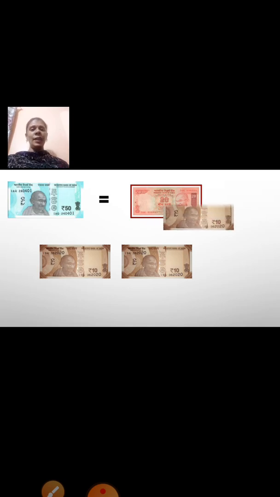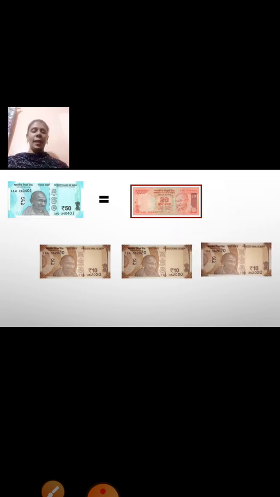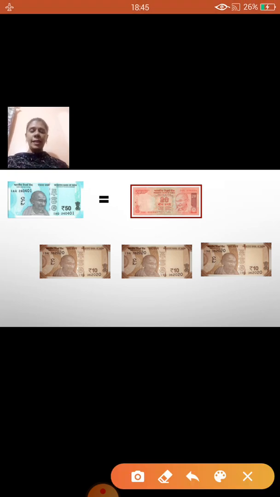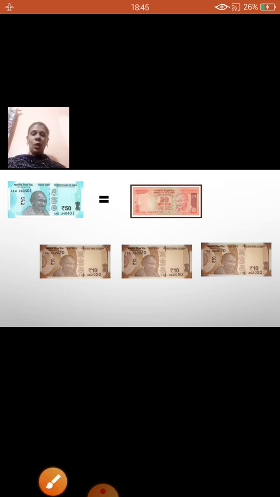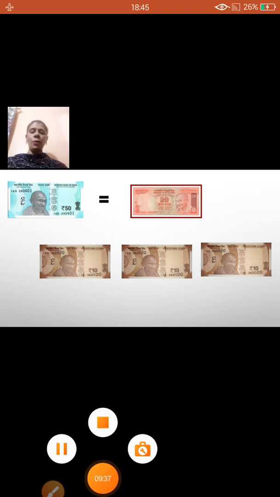Now children, what are you going to use? Tell me which amount. Okay, one 20 rupee. Then one 10 rupee. Okay. One more 10 rupee. And one more 10 rupee. Now let us count and see whether it is coming to 50. 20, 30 and 30 plus 10, 40 and 40 plus 10, 50. Yes. So one 20 rupee note and three 10 rupee notes will make how much? 50 rupees. Correct. Now we'll go to the next.